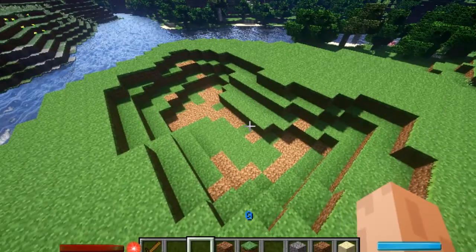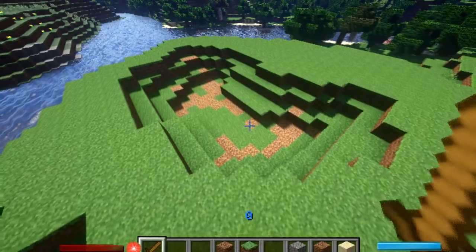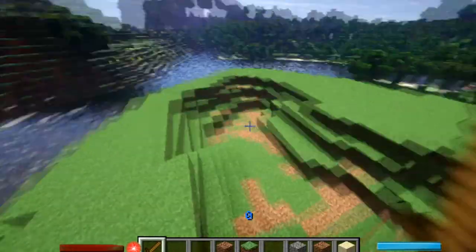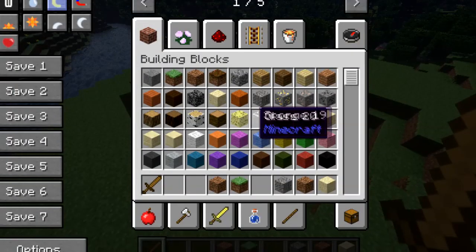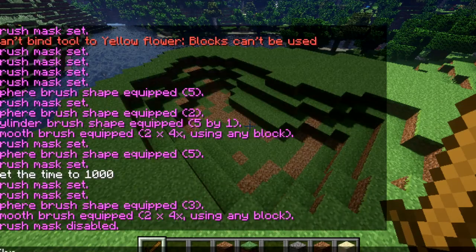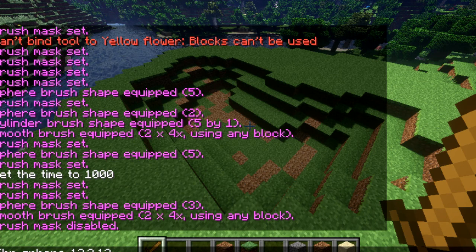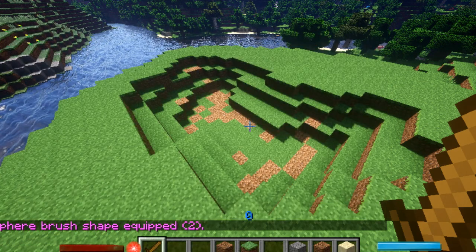In order to change the grass and dirt into a different block, we need a colour palette. This is important because just using one block will look a little bit odd, so we need a gradient to this. The palette that I'm going to be using is sand, dirt and gravel, as this will make a very nice effect. Next we need a brush, so in this case I'm using a wooden sword, and we need to do a command,